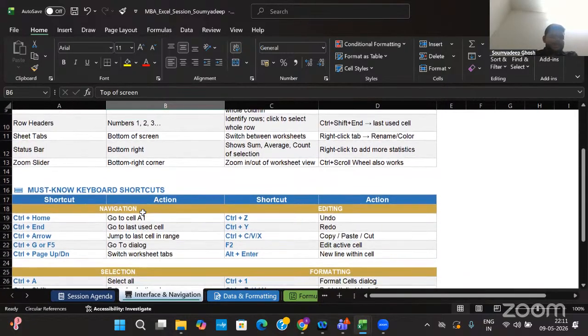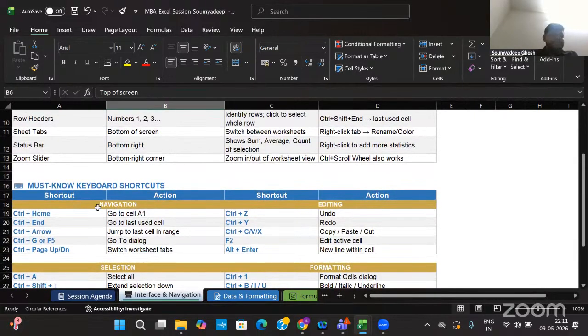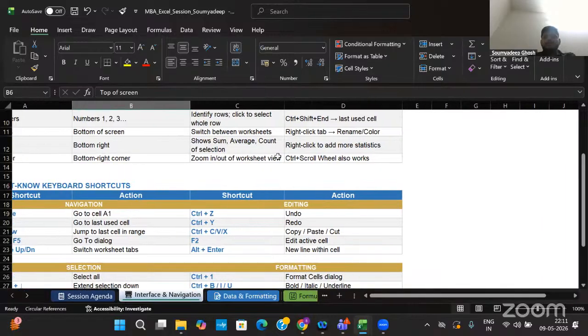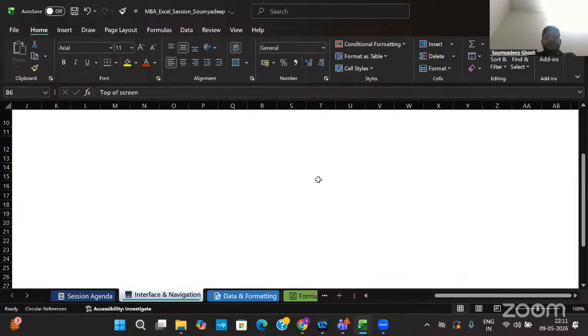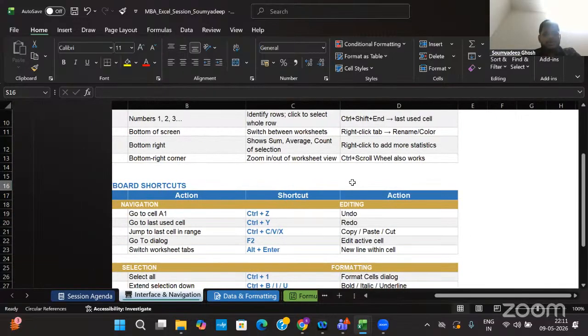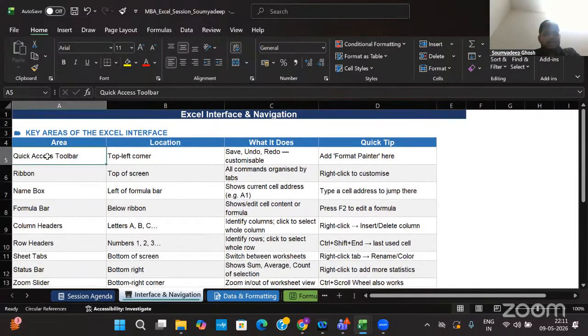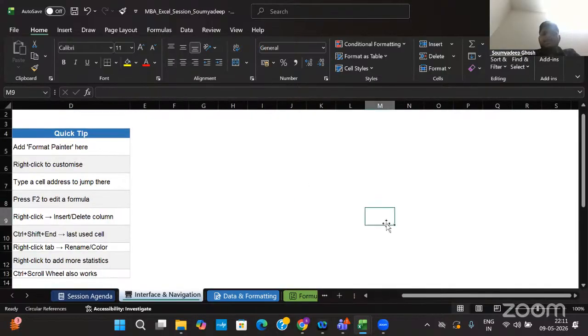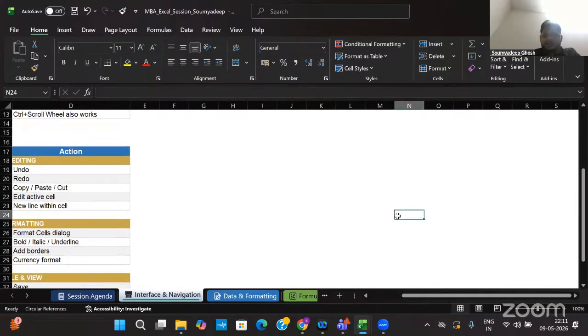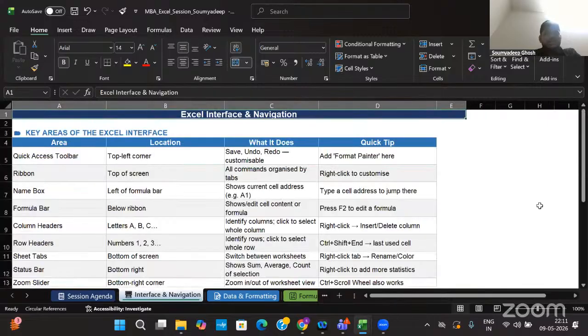I'll just quickly go to the basic shortcuts. There are a few shortcuts which are very important. Suppose there is one Excel where you are working in this cell, and now you are planning to go to the very start of it. Then one option is, okay, you are going here and then there, and then you are moving to this place. But again, in MBA, it's all about efficiency. What you will do, you'll just click on Control and Home. You see, we're moving to the first cell of it.